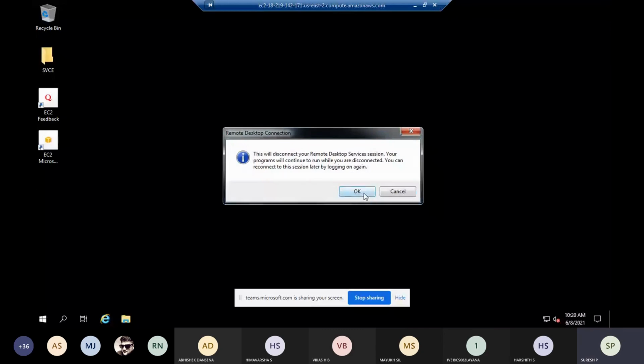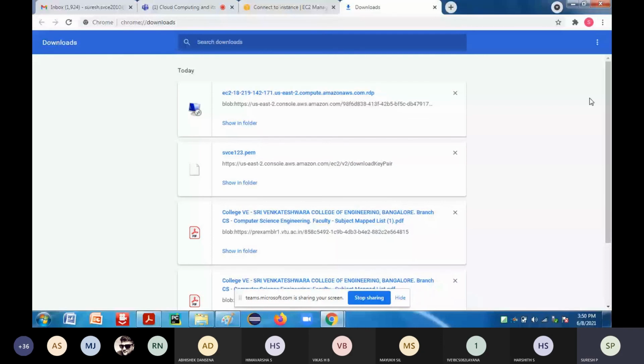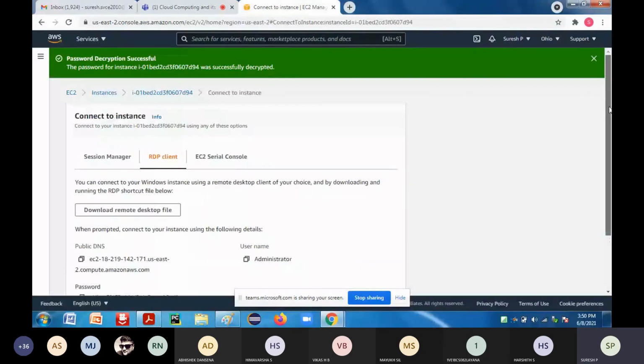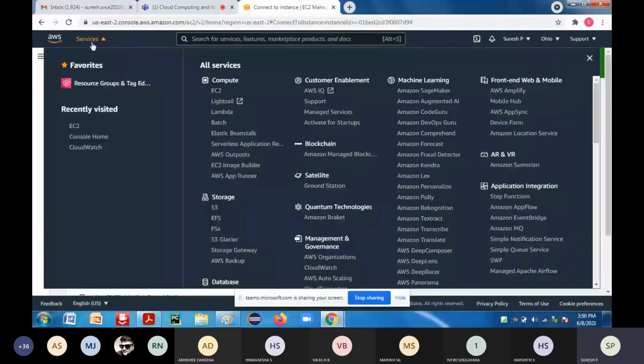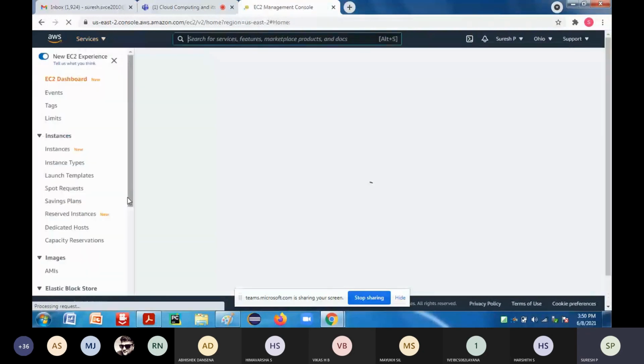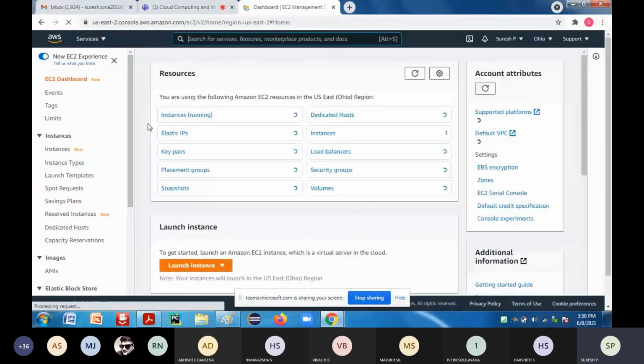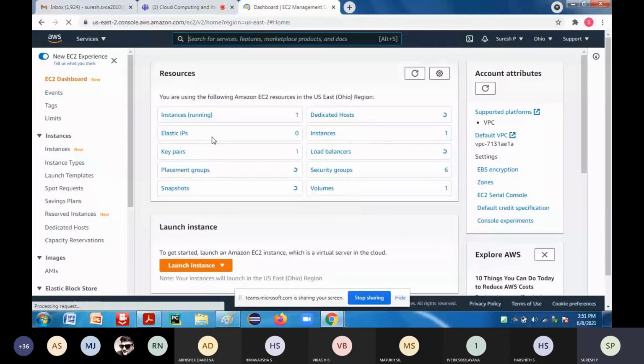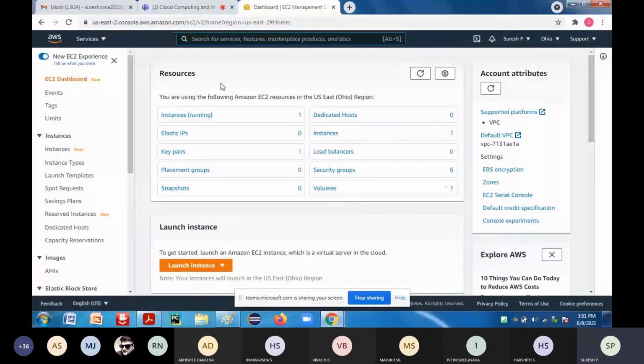So these are the advantages which you are going to have in your cloud. My suggestion is that once you have created instances, make sure that you delete them. To delete the instances, go to this particular thing. You can see here that the number of instances running is 1. I have created the instance, and that instance is already running.